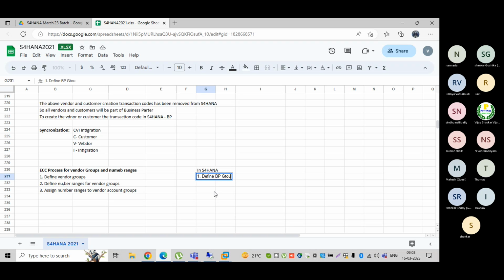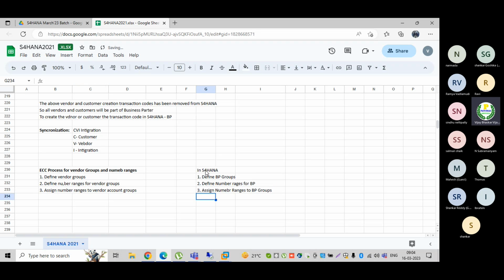Why I need to define it, I will explain. Then second, define number ranges for BP, business partner. Then the third one would be to assign number ranges to BP groups.